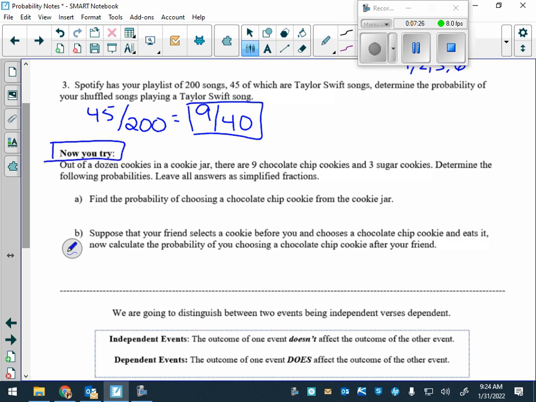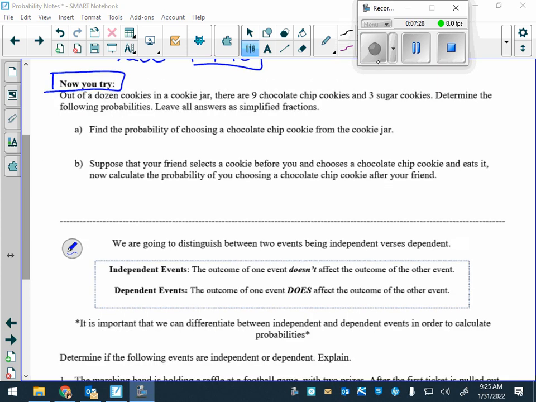Go ahead. So, out of a dozen cookies in a cookie jar, how many do we have in total? 12. Good. Okay. Total. Excellent. Okay, 9 are chocolate chip, 3 are sugar. Determine the following probabilities. Find the probability of choosing a chocolate chip cookie from the cookie jar. Pearson, what do we got? 3/4. 9 out of 12,